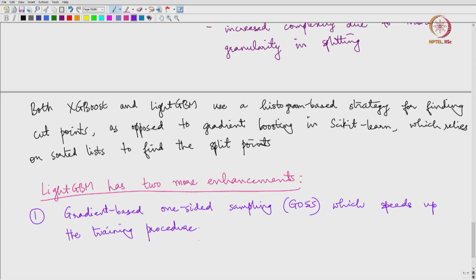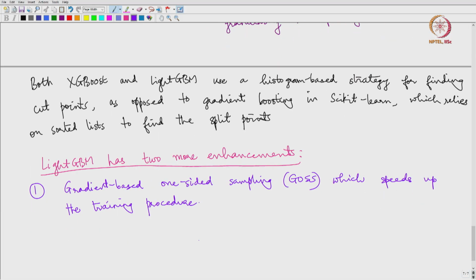Okay. So, essentially what is happening here is that points with large gradients are used to train the next tree, but only a randomly selected fraction of points with lower gradients are used. So, what happens here is all points with large gradients are used to train the next tree. As you know, in gradient boosting we are trying to predict the gradient, right, or the residual